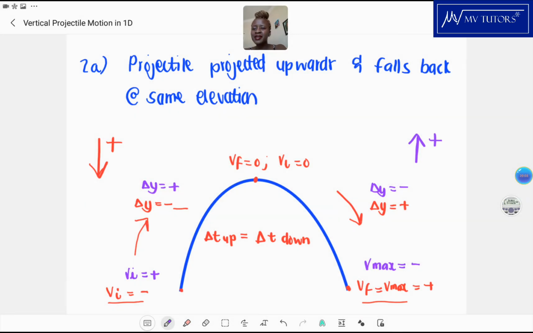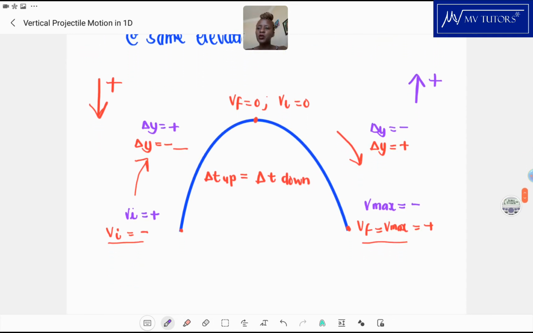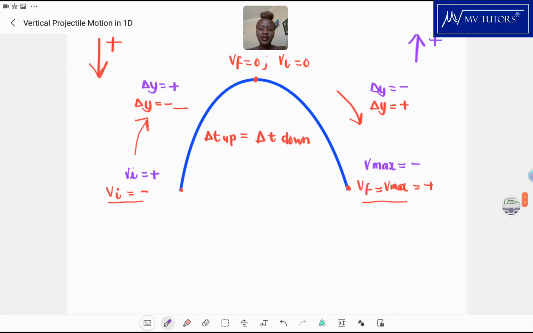Okay, so basically if you took up as positive, the signs change, but everything else remains the same. The concept is the same. If you were, out of interest, to draw the velocity time graph, this is really basically showing you the displacement time graph. But if you were to draw the velocity time graph,